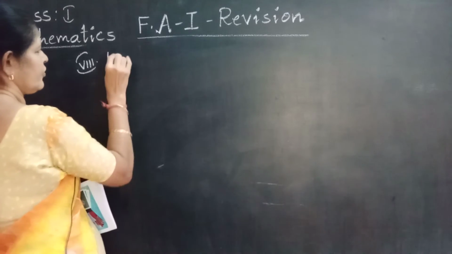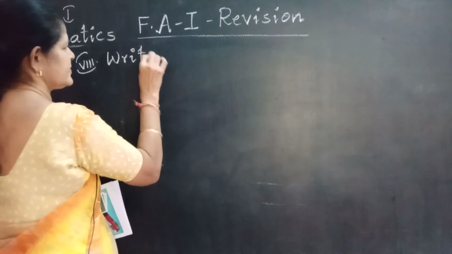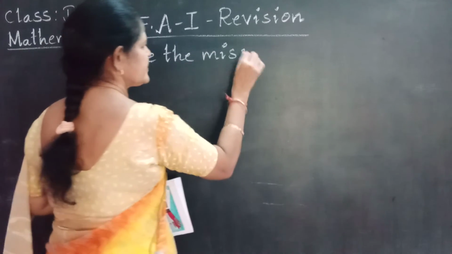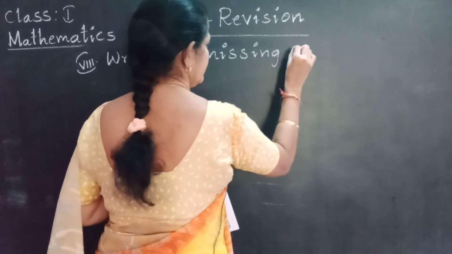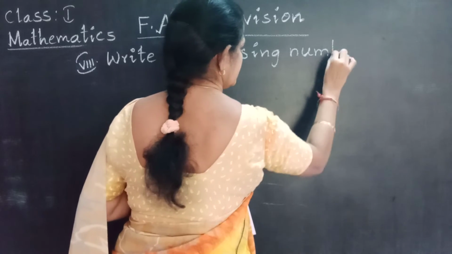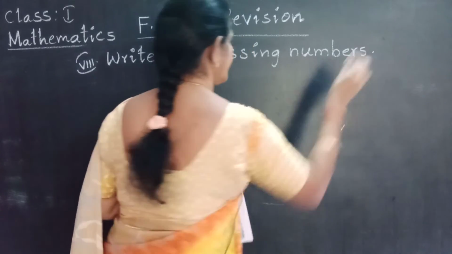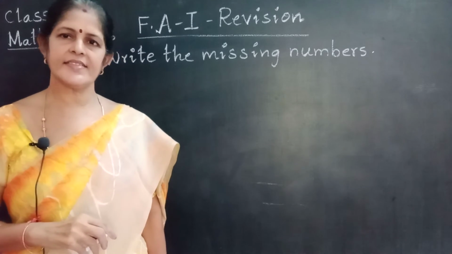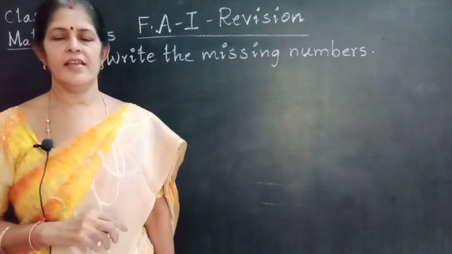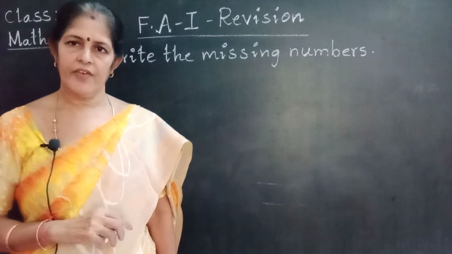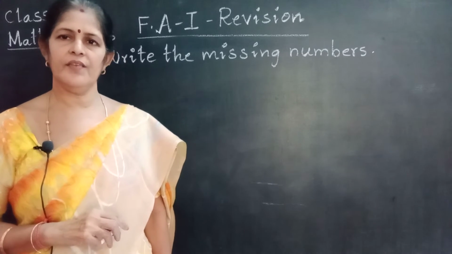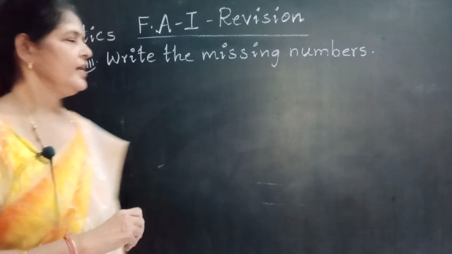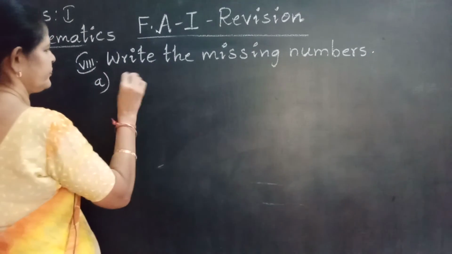Missing numbers. Write the missing numbers. First of all, we are going to tell the numbers. First 1 to 10. 1, 2, 3, 4, 5, 6, 7, 8, 9, 10. Next 11 to 20. 11, 12, 13, 14, 15, 16, 17, 18, 19, 20. Now I am going to write. See. 6,